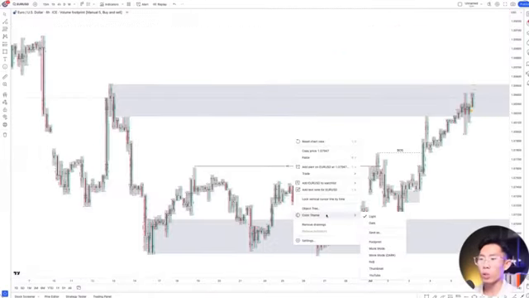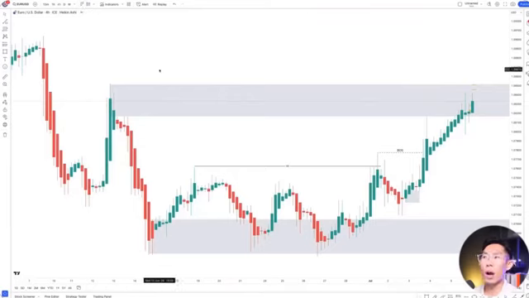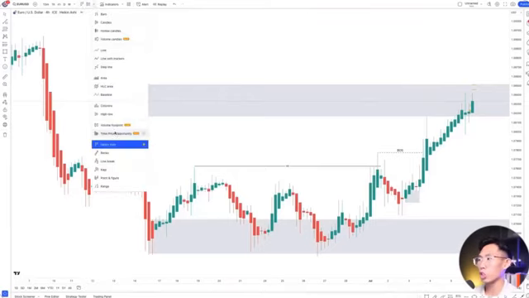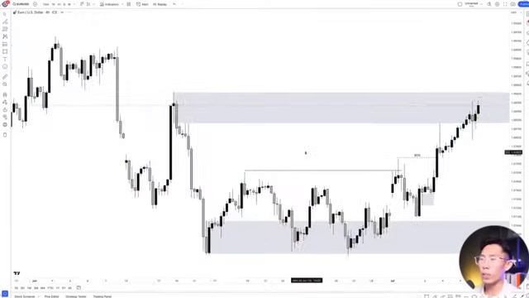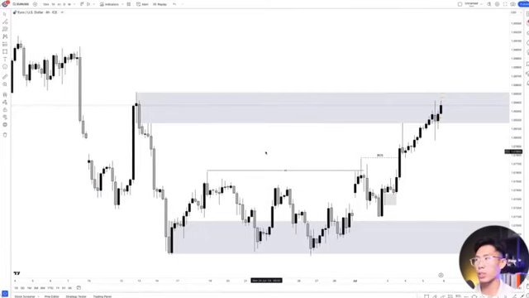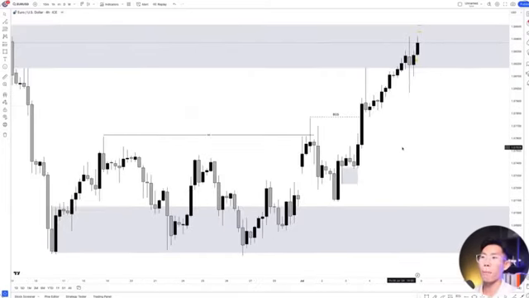So my advice would be to always start off with the higher time frame, looking at the candlestick chart first to figure out who is actually in control of price, whether price is bullish or bearish based on the higher time frame narrative, and then as much as possible stick to that bias. So if price is bullish on the 4-hour time frame, you should potentially look for buy orders within the lower time frames, and then you just wait for price to get to some sort of demand zone, right? And then once price gets into the demand zone on the lower time frame, you go to your footprint charts and you see